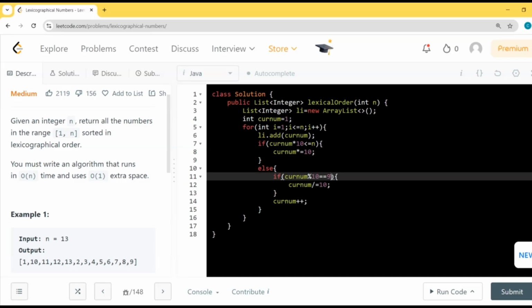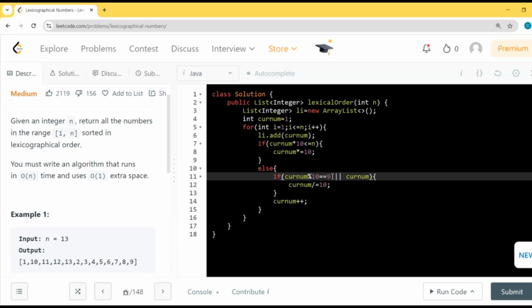So we'll move further. If we move further, we check whether we have any multiples of 10 for the current num within the range or not. So we have current num within the range of 25. So we'll just add that current number which is 20. So we'll move on until any number exceeds the range. So until 25. After 25 we'll increment it to 26. So 26 exceeds our n value, so we'll make another